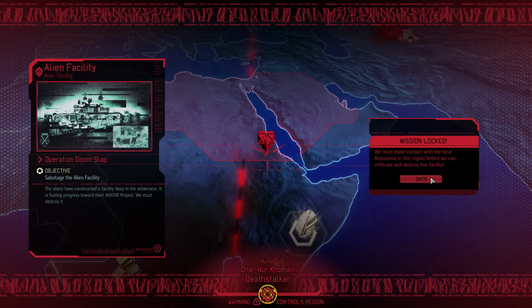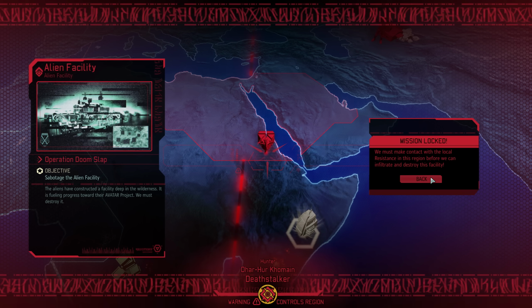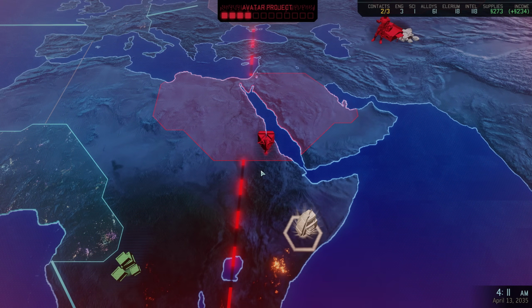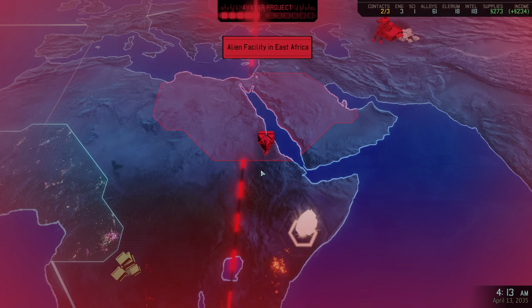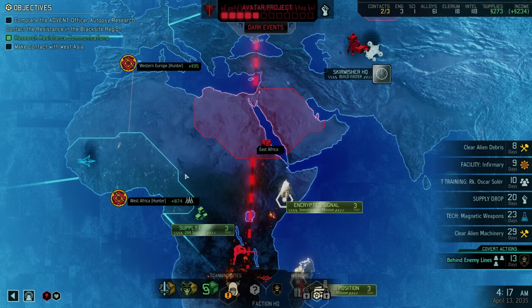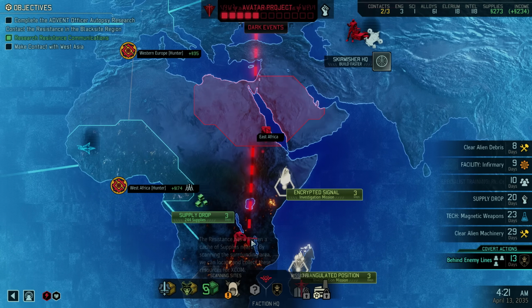Alright, the aliens have erected another facility to feed into the Avatar project, which means in just a moment we will see that progress bar rise to 5 out of 12 blocks. Now you can also see that despite already controlling West Africa, we do not appear to have a direct link to East Africa, so to make contact with the local resistance and attack this facility, we still need to make